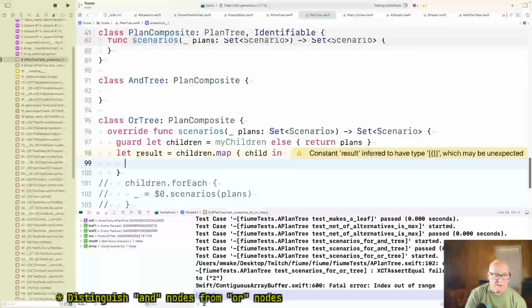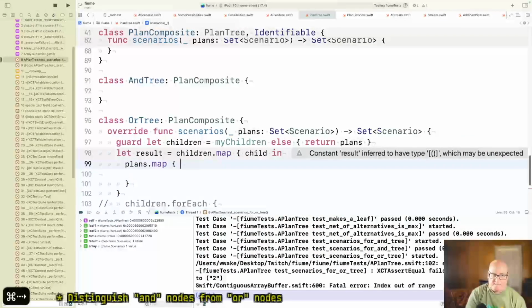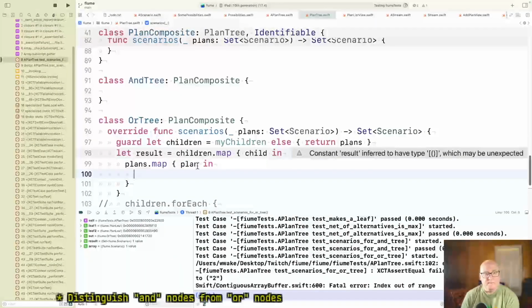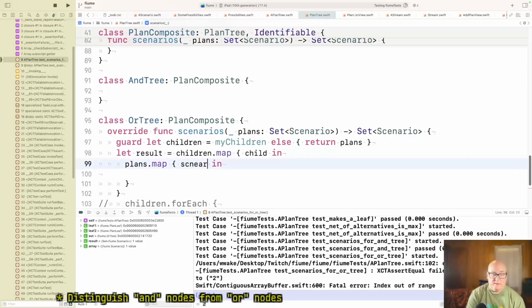Okay, so plans.map plan in, all right, sorry, plans, this gives me a scenario. Plans is not a good word, is it?